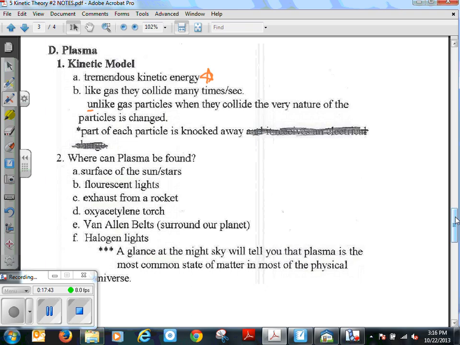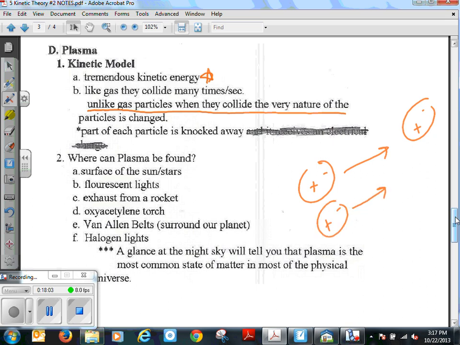The difference is, if I have gas particles, a positive and negative atom hits another positive and negative atom and bounces off. But plasma is a little different. What happens with plasma is these things hit at such a high energy that when they collide, the positives and negatives loosen up from each other, and before you know it, you have a big sea of negatives and positives, all sharing the same space. So that's what plasma is,